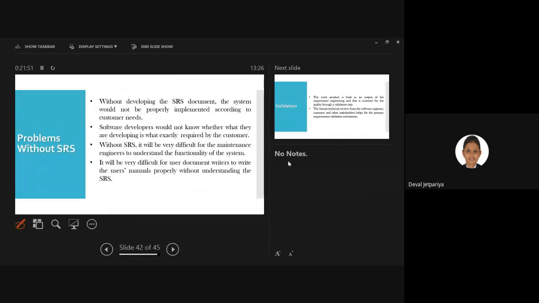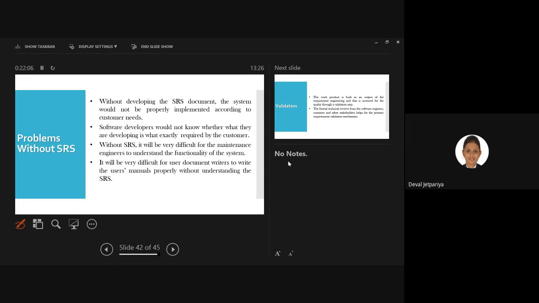Now, problems without an SRS. For example, if you directly start implementation and do not prepare the SRS, what type of problems may you face?